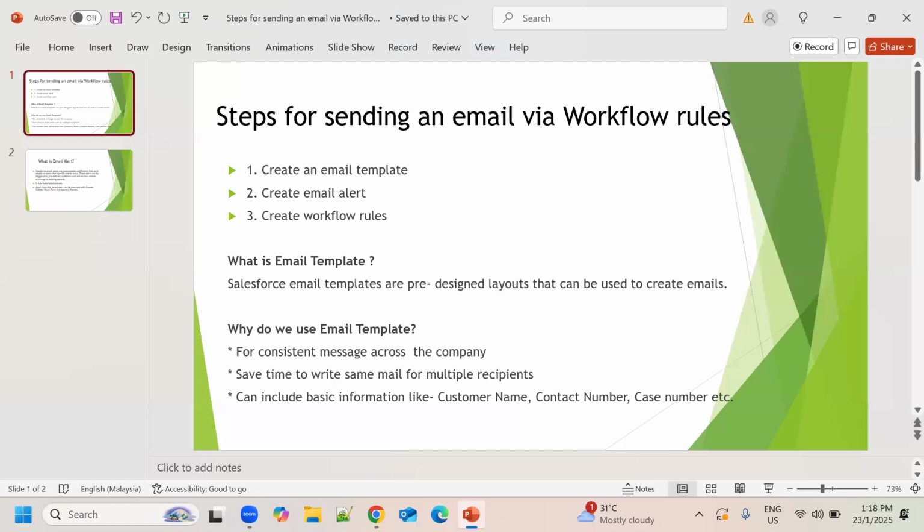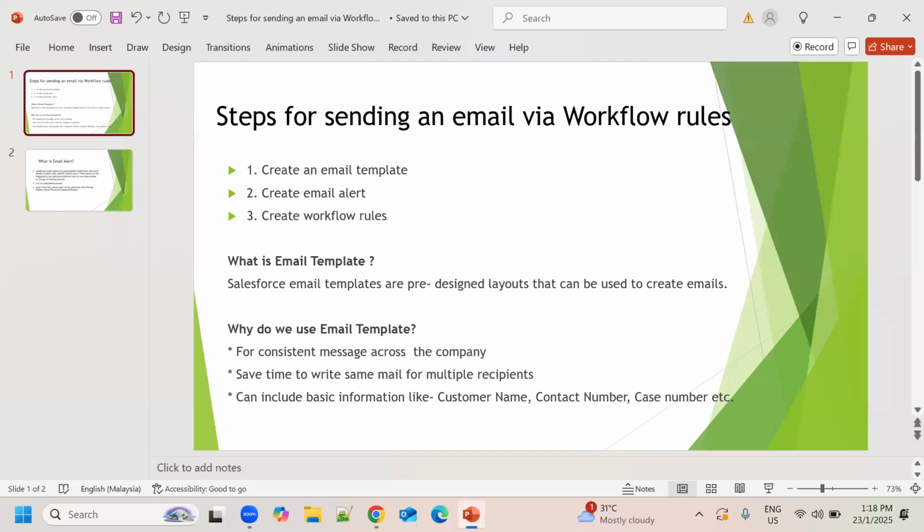So we can use workflow rules here. It can include basic information like customer name, contact name, case number, etc. And you can make a signature, or you can create fixed mail content which you want to send to multiple customers at a single time, right?